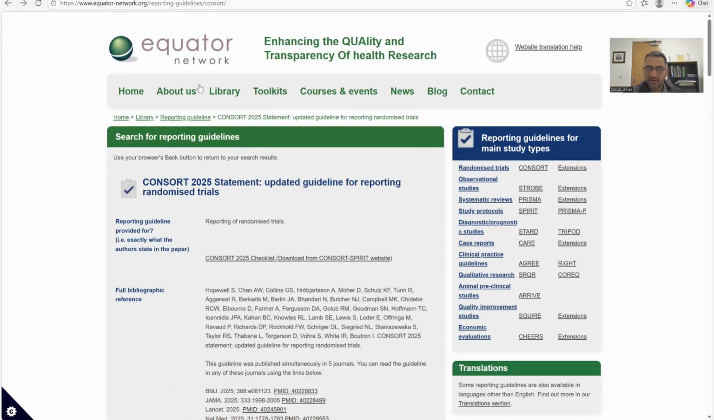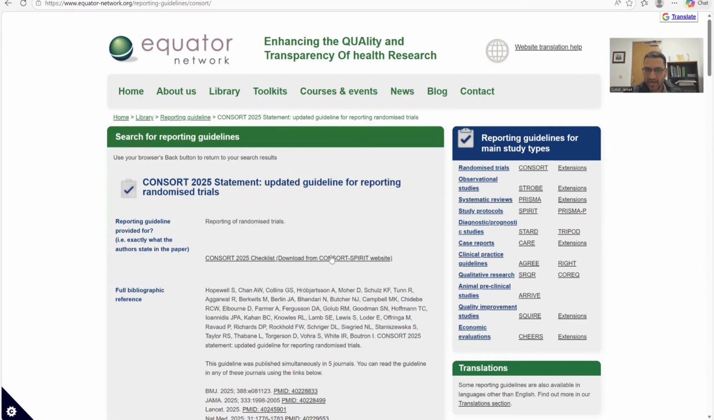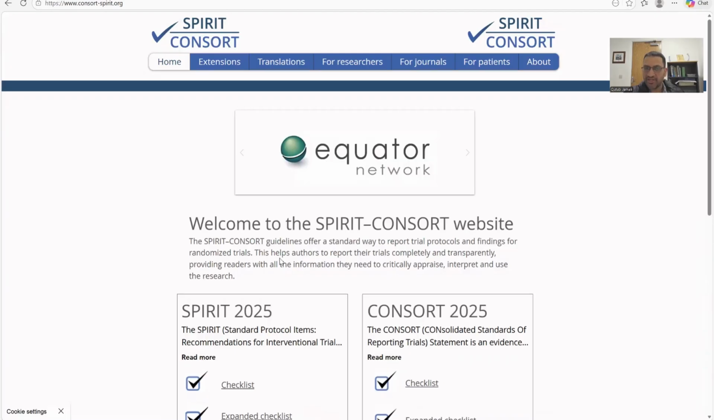As you can see here, if you open this website, equatornetwork.org, then on the right, there are all these research methodologies, and next to it, these are the guidelines. So let's just take an example of randomized control trials, right? And then you click on CONSORT, and then you can see the checklist option. You click on the checklist option, then click again,